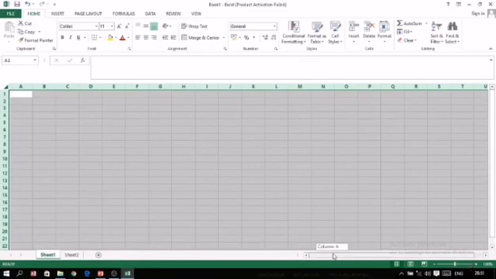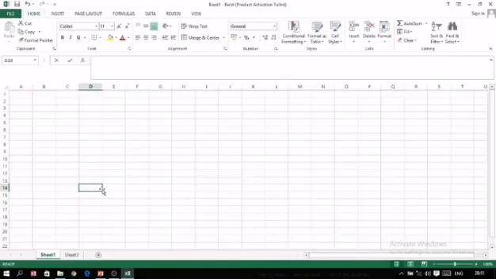Then we have the horizontal scroll bar just above it, and here it shows us whether Excel is ready to do work or not. This also contains many options. For example, some numbers are written here and we want to add them. Now I have selected these numbers, and it automatically shows the sum of these numbers, the average of these numbers, and in how many cells I have entered values. All these options automatically appear on the status bar.